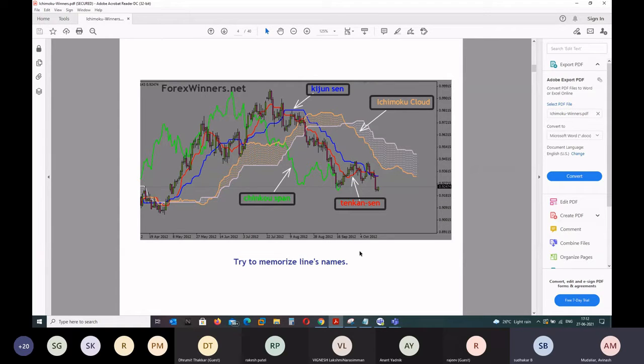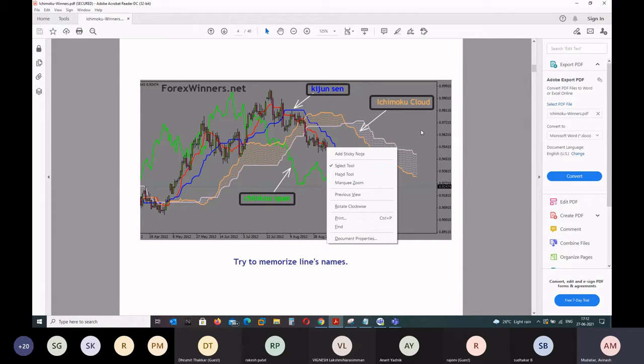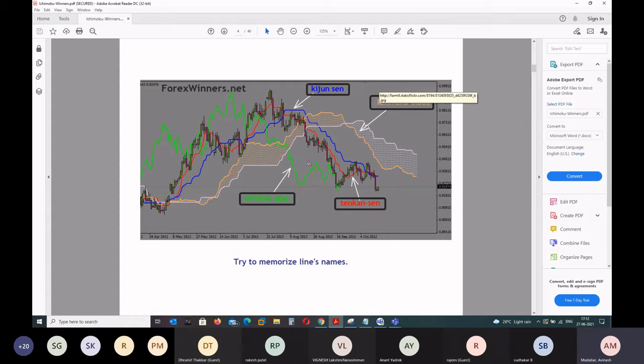It might take a while if you're slow in learning. Don't get offended when I say slow in learning, because I myself am a slow learner. I take a lot of time to digest the information I procure. So if it takes time for you to simply memorize the names Kijun-sen and Tenkan-sen, that's totally fine, because you are new to the concept. If you are learning it fast, that's good, but just in case you're taking time, it's totally fine. Don't get annoyed wondering why you are forgetting the name.